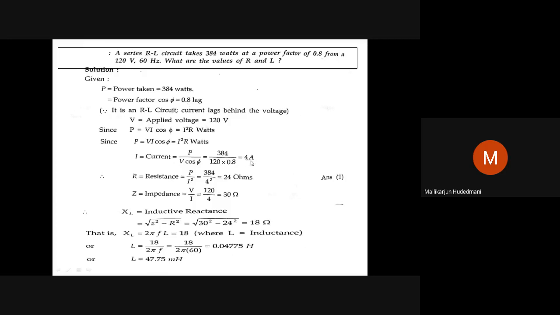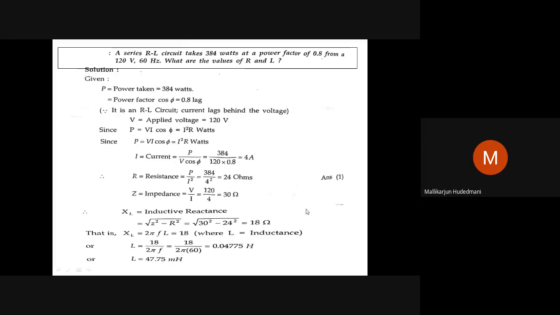If I have current equal to 4 ampere, I come back to the same equation. P equal to VI cos phi as well as I square R. This time I know the power, I know the current. Only resistance I don't know. Can I not get R? I can surely get R. You can see the work here. Therefore, R equal to P divided by I square. Simply by using the power equation, we are able to get this. P by I square stands as 24 ohms. So the first step of the solution: R is 24 ohms.